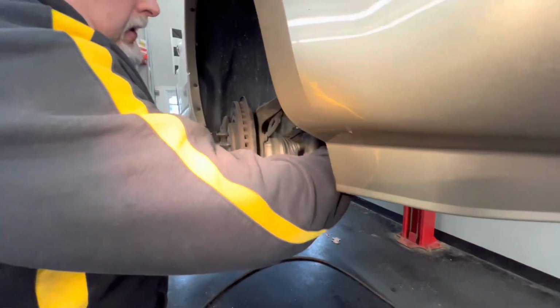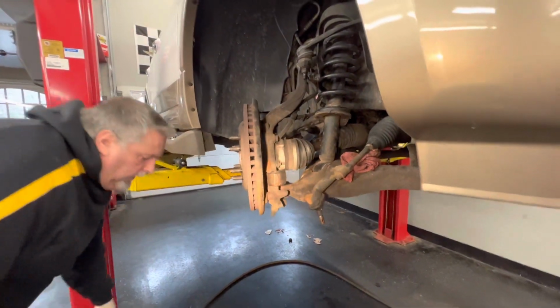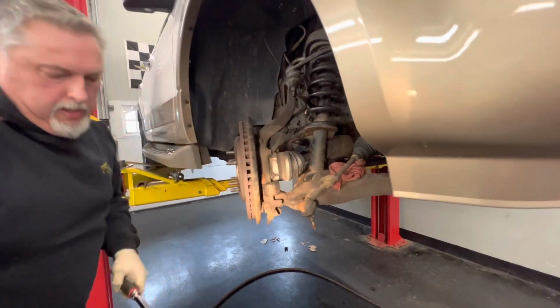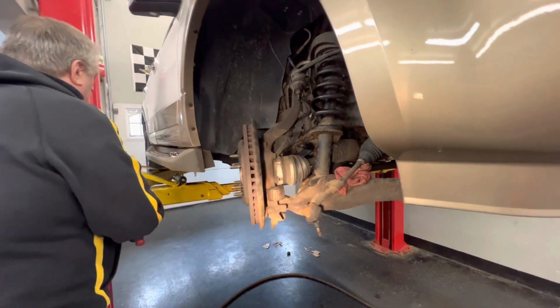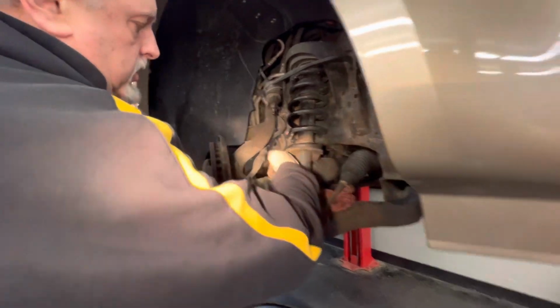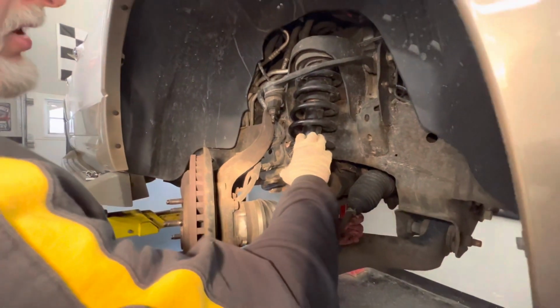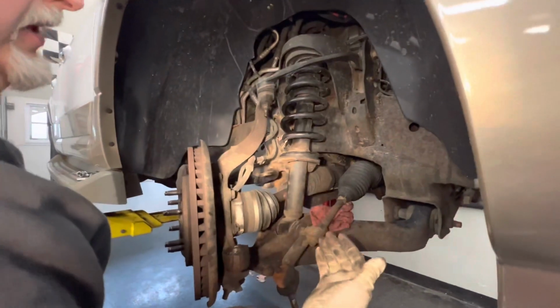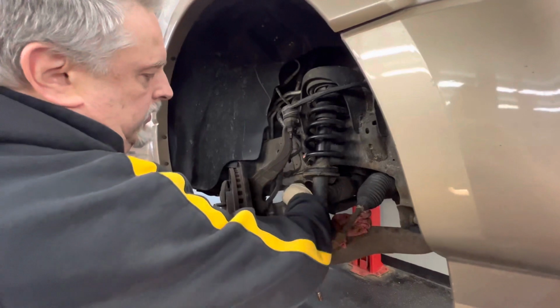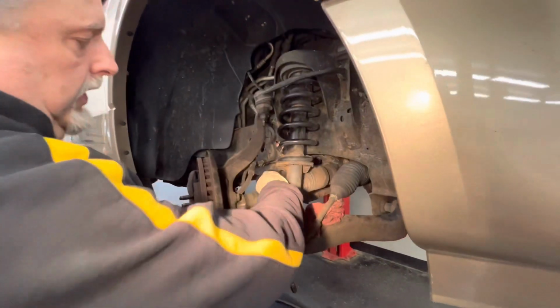Okay, get that off. Now the wheel is free spinning for us. And yesterday we took off the stabilizer link. We think when you're replacing the struts, you should be replacing your links at the same time. And by having the stabilizer link taken off, the bar is so thick on this thing that,